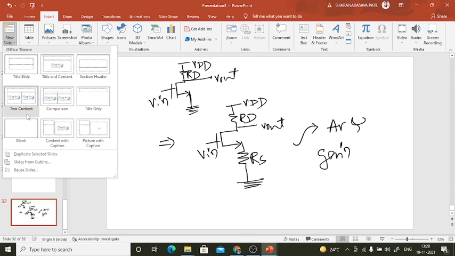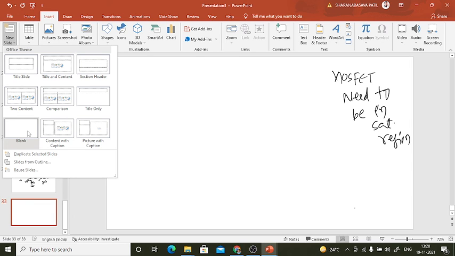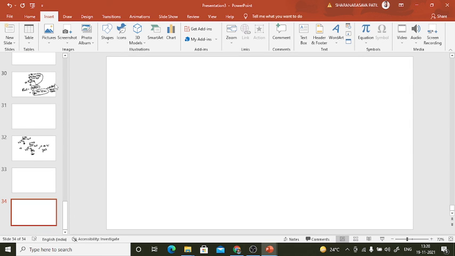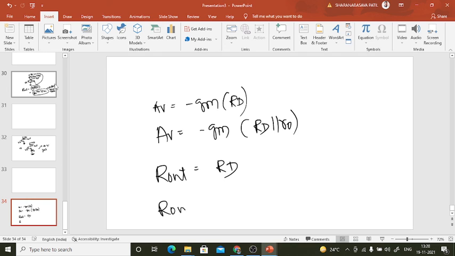Once again I'm telling you, try to remember these four equations: AV equal to minus Gm RD, AV equal to minus Gm RD parallel with R naught, Rout equal to RD, Rout equal to RD parallel with R naught. This is no channel length modulation. This is with